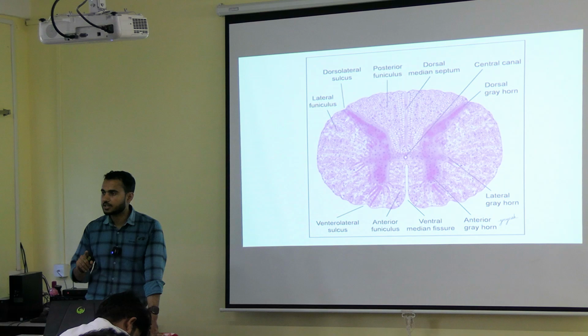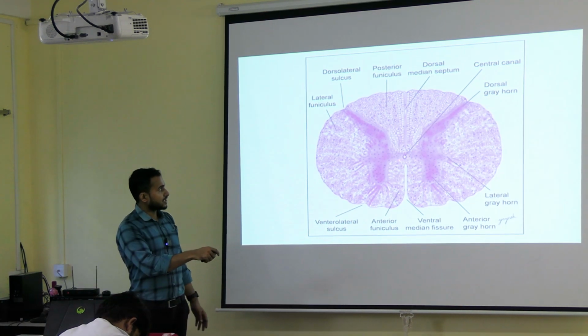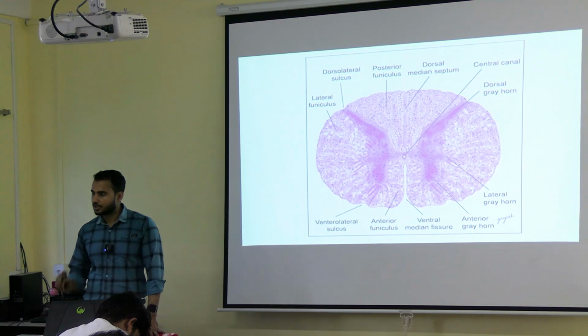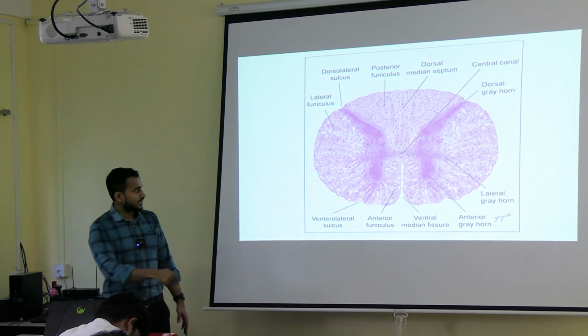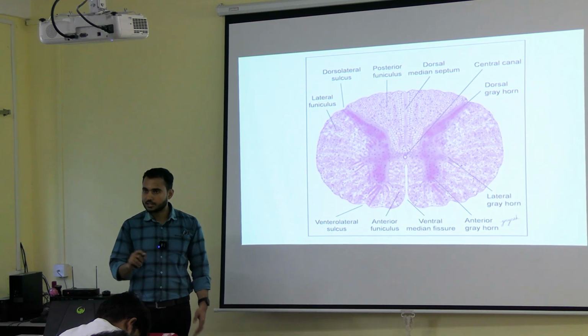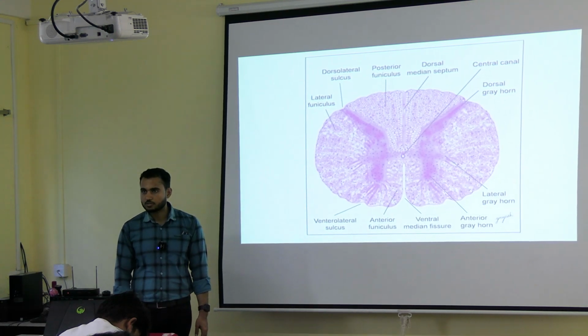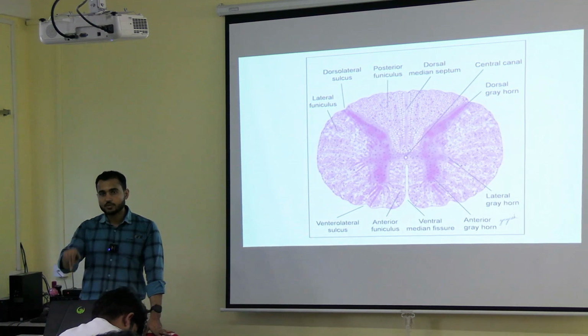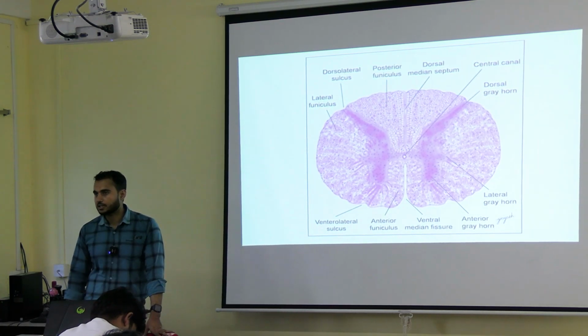Okay, the central canal is seen. Look, can you see the central canal? So under microscope you can see the central canal. Okay, and you can see the fissure also. Do you remember I told you that the fissure is seen under microscopic examination? Under 4x also, not 10x. Under 4x also, if you see, the fissure is visible. Okay.